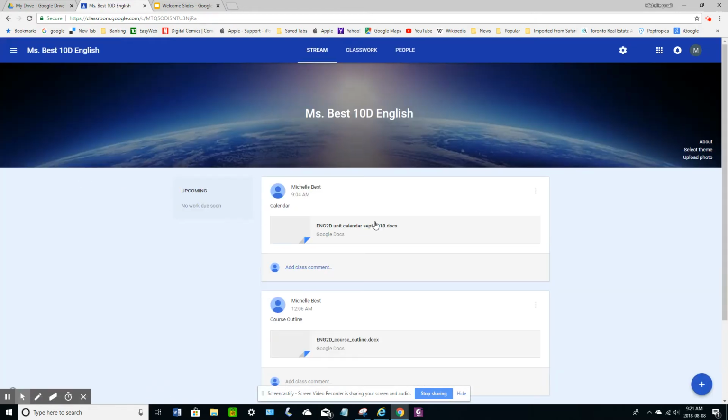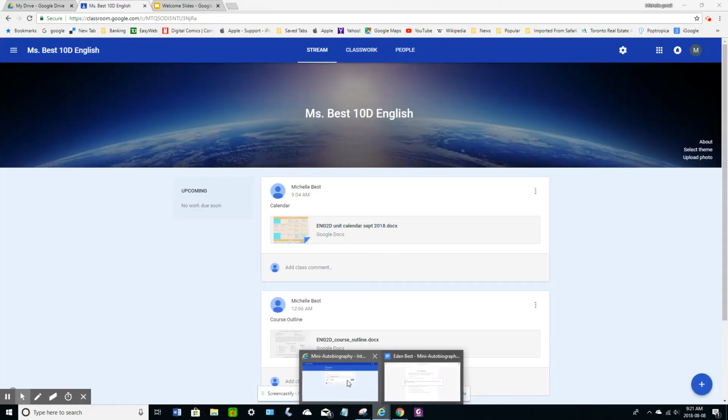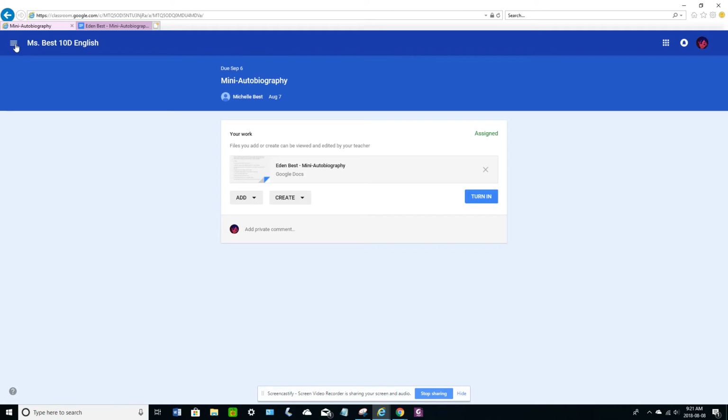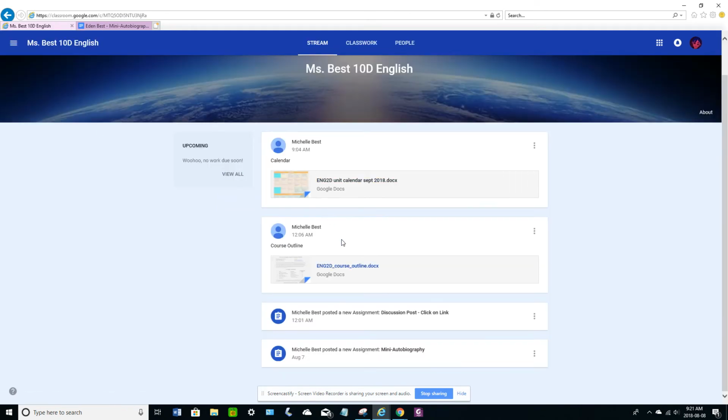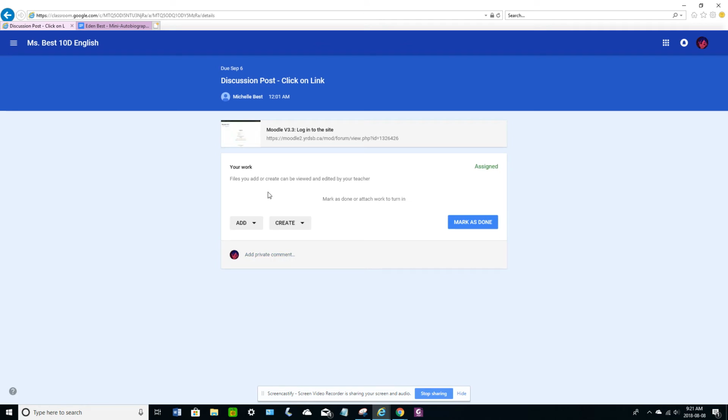Back to the main class. The second assignment we're going to be looking at now is the Moodle assignment. So we can go back to the class, and I'll look at this assignment from the stream. So here it is, second to the bottom. Again, this assignment is listed on Moodle. Any assignments that are listed on Moodle, you're going to see the second box for assigned. And when you're finished, you will click Mark as Done, but you would click on this link,